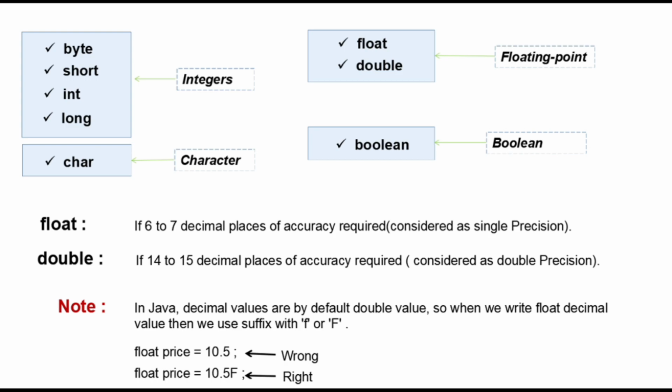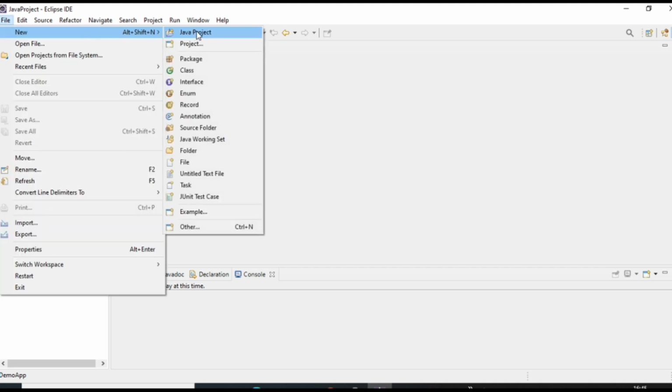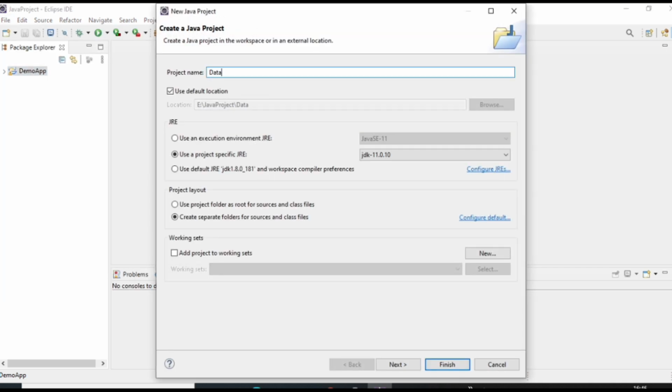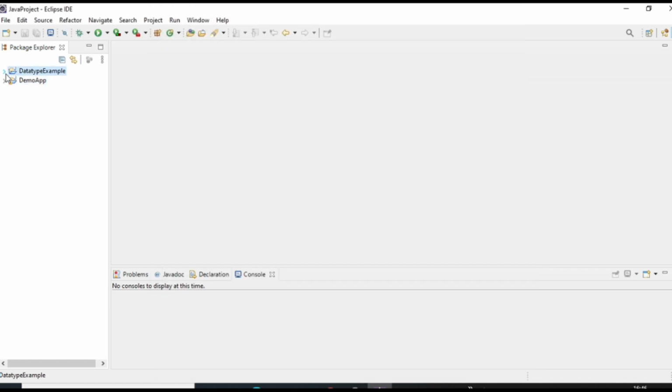Now we'll try to understand with an example. So we will move to Eclipse IDE. This is the Eclipse workspace. Now I will create a new project to write the code. New Java project, data type example. The project is created.